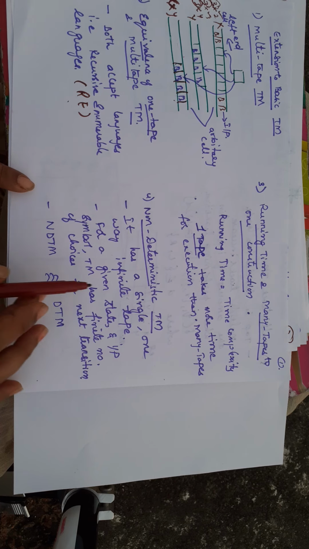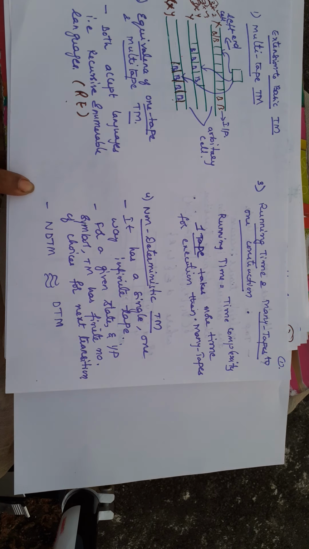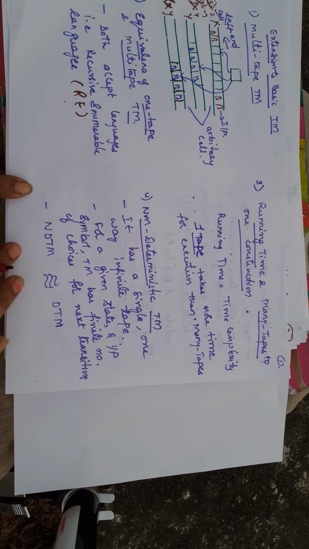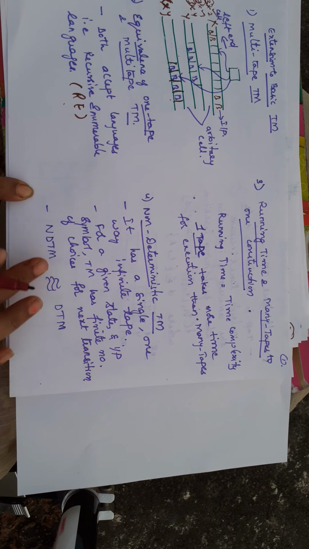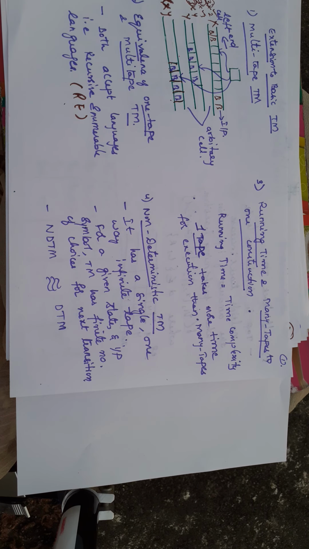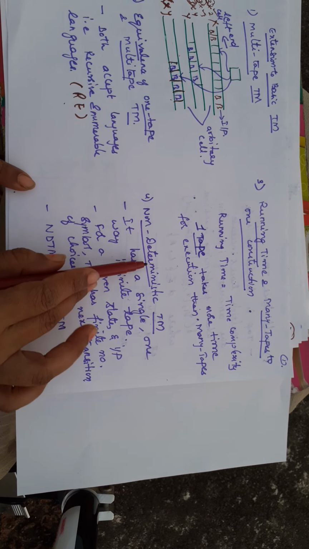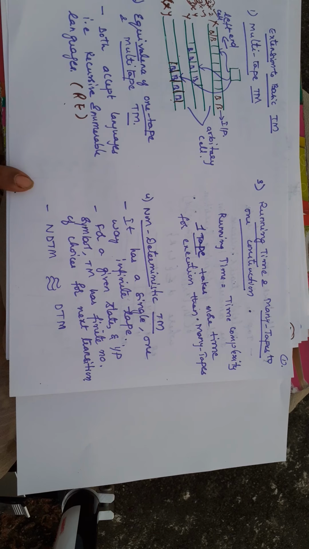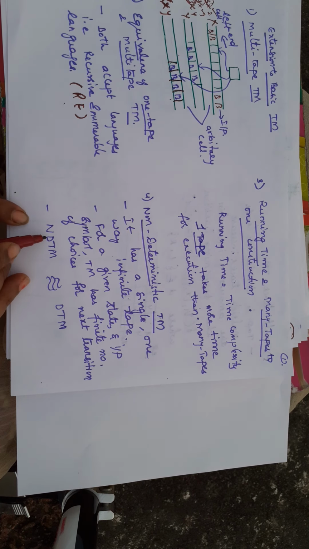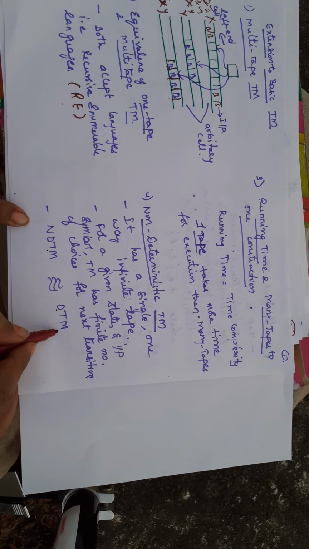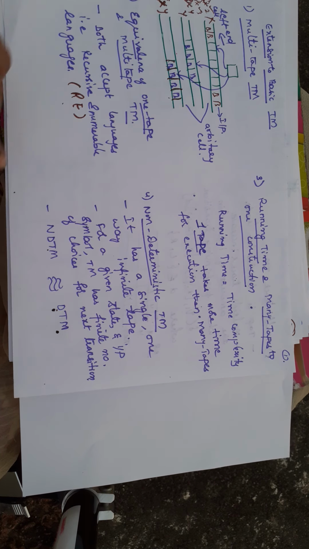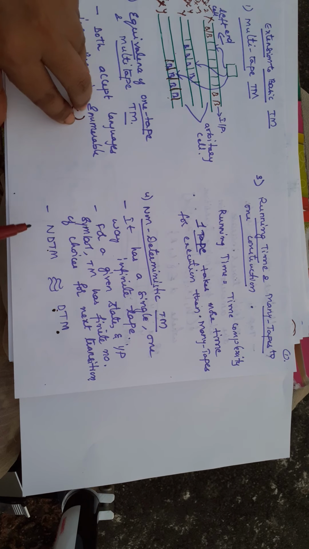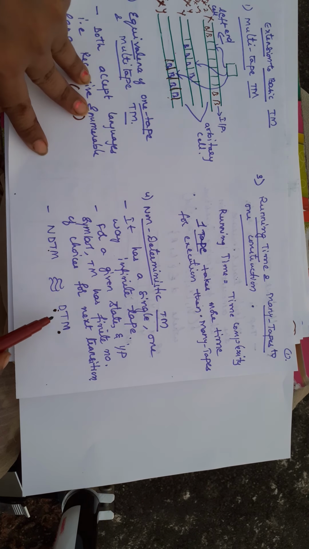Then another type of Turing machine is the non-deterministic Turing machine. That is, for a given input you can have many types of transitions, like we have in NPDA or NFA. For a single input we can have multiple transitions. Here also, when we give a single input you can have different operations and go to different states. The definition of non-deterministic is the same for Turing machine, PDA or finite automata. When you compare the NDTM, the non-deterministic Turing machine, and the deterministic Turing machine, the languages accepted by a DTM are also accepted by an NDTM, because a DTM is a subset of an NDTM. Whatever language is accepted by an NDTM will also be accepted by a DTM.